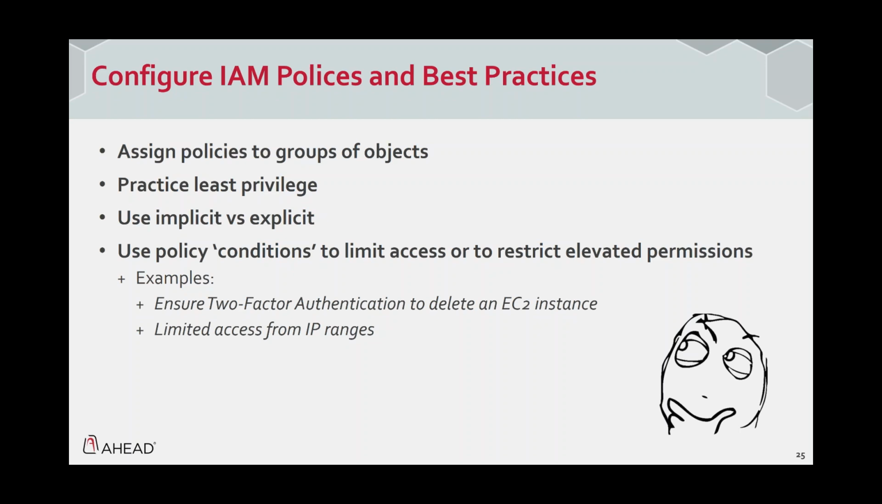As I said before, use implicit versus explicit. By default, everything's deny. So only allow the things that you really need to allow, and only use explicit denies when you really need to. And then you can also use policy conditions, right? That's another piece of an IAM policy that you can utilize to limit access or restrict